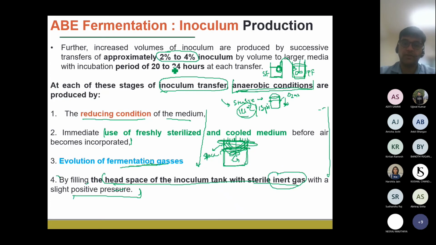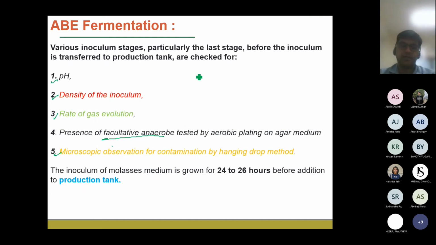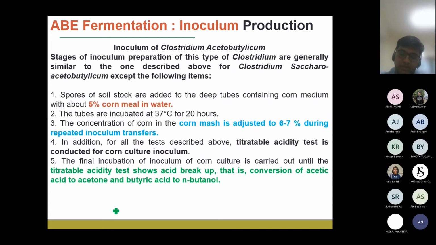And during the inoculum development, first of all, as I told you, we have to develop the inoculum. The time frame required varies from 24 to 26 hours, and after that only it is added to the production tank. Okay, so these are the 5 parameters that are checked to make sure that the inoculum is contamination free and it has adequate cellular or biomass concentration to be used for the production of acetone or butanol. Okay,